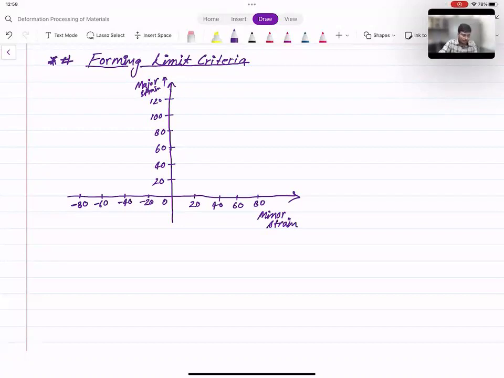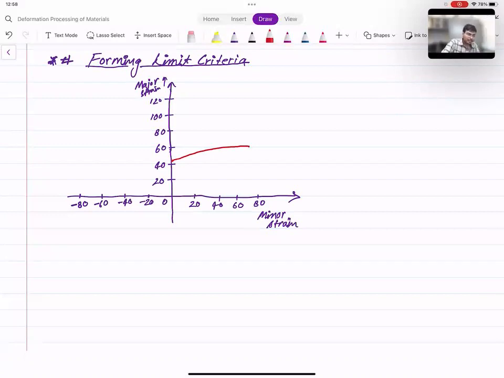So as I mentioned, what Keeler did was he studied the tension region and predicted this curve like this. These diagrams are different for different materials. So let us say firstly, the one which I have drawn here is for steel. So it will be like